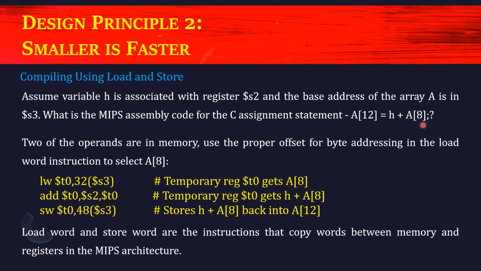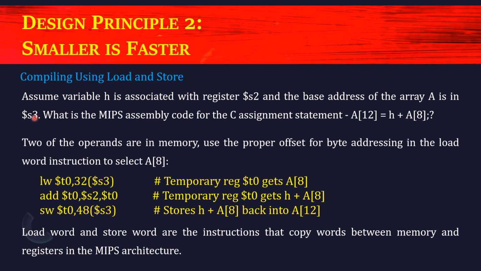So we know that in MIPS, the consecutive instructions will be stored at addresses in multiples of 4. The first instruction will be at address 0, then the consecutive instructions at 4, 8, 12, and it goes on like that. So if we want to get A of 8, then we need to compute 8 times 4, that is 32. So we need to add 32 to the starting address of A.